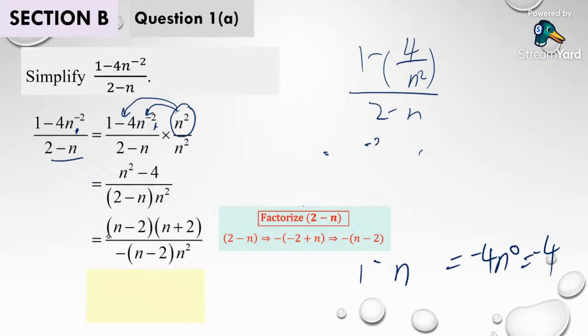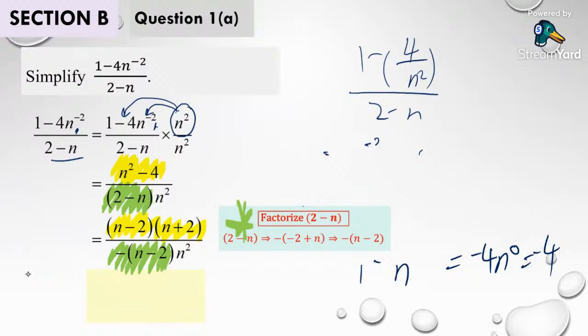So watch out, in this calculation here, I do two factorizations at the same step. I factorize this part here, which I highlighted in yellow, the quadratic. The other part I factorize is this one that I highlighted in green, according to the guideline here. I factor out the -1.